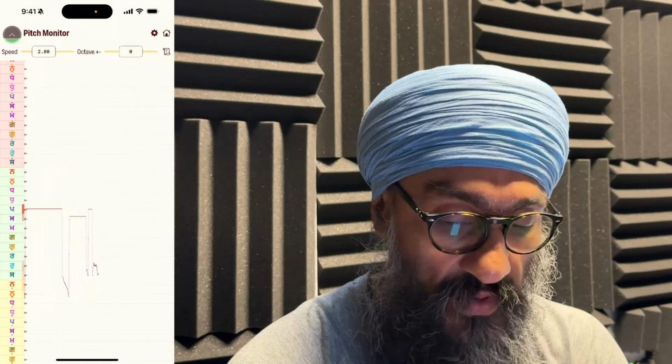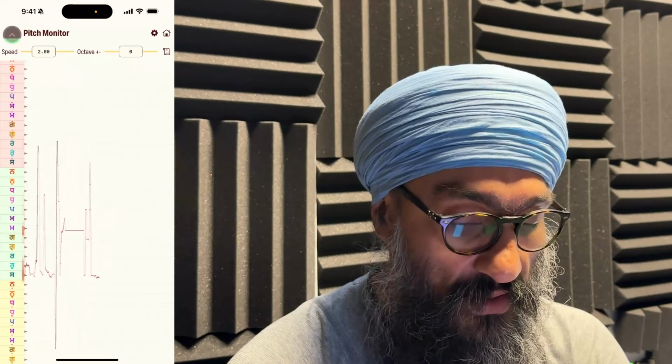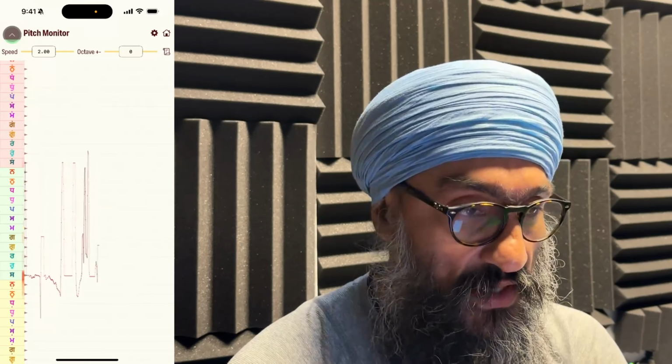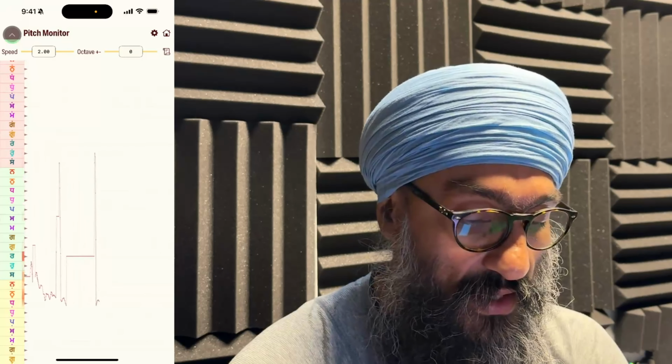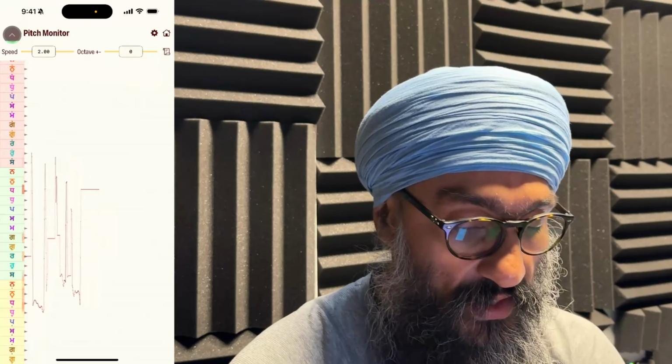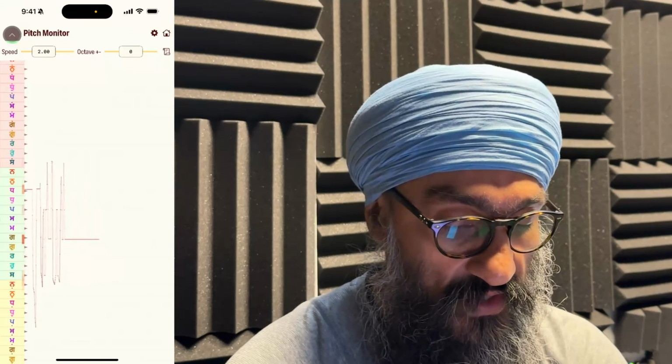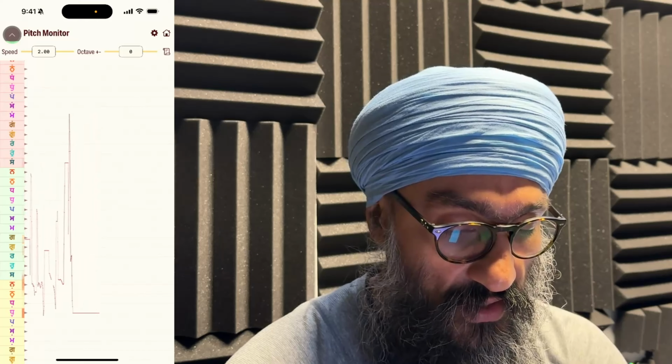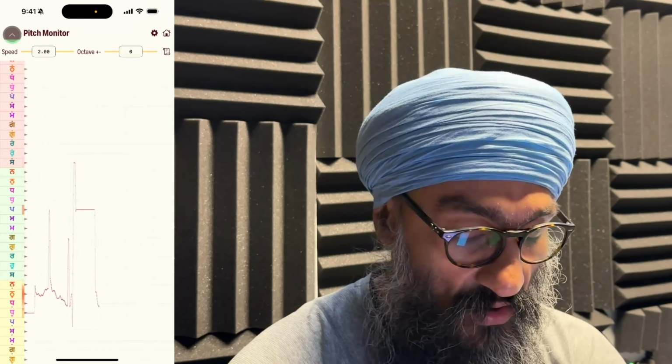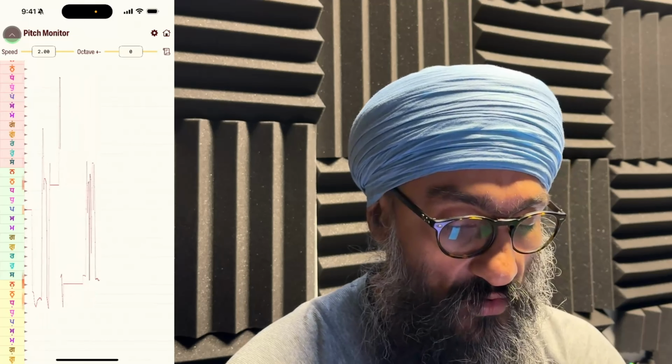So if you play this on a speaker, then the volume of the speaker will kind of not produce the right pitch output. For example, on the screen right now you see you have all these spikes,